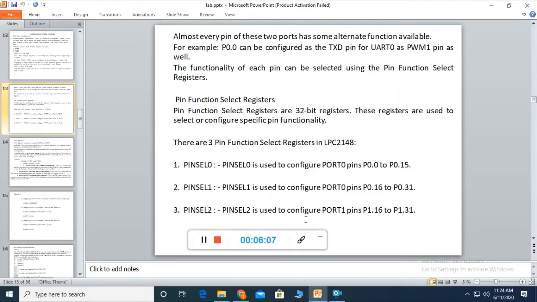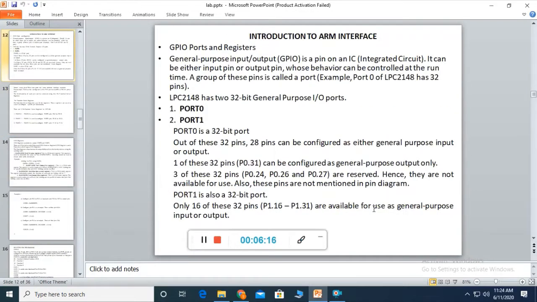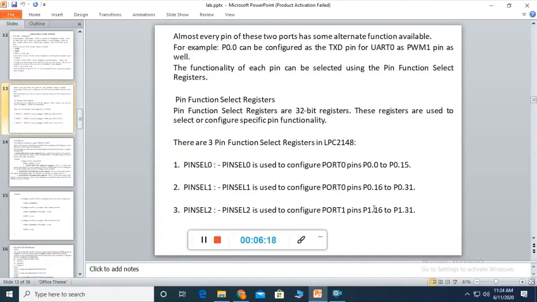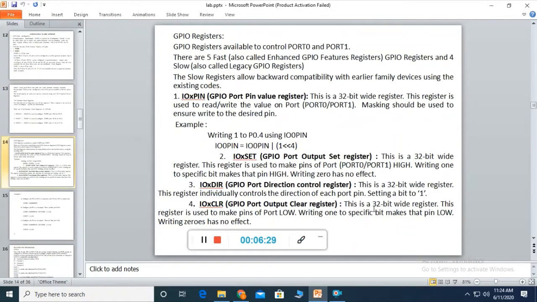And pin select 2 is used to configure the 16 pins of your port 1. As we already discussed, only 16 pins are available to be used as general purpose input output in port 1, and pin select 2 is used to configure these pins.